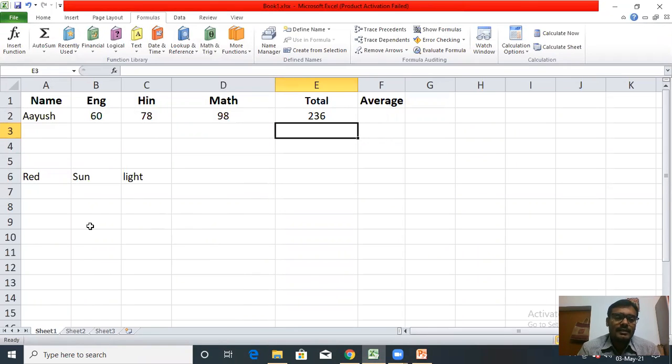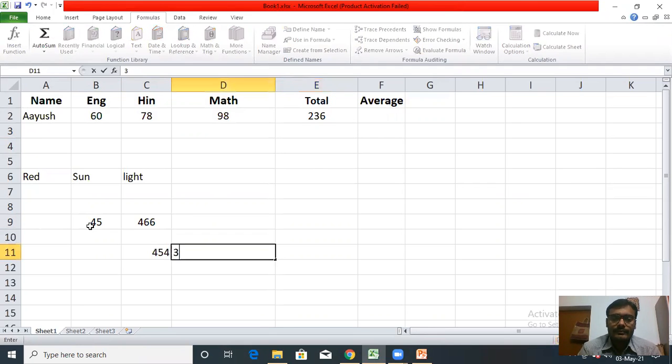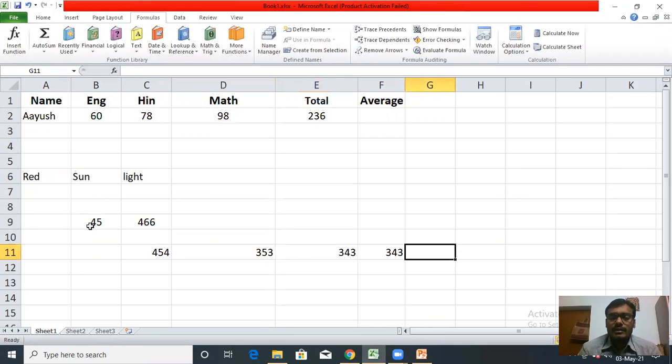Suppose I have created this sheet. I can write some extra functions so that it can be calculated. I've written many numbers. Okay, now by using count number functions, I will find the total numbers present in this range of cells.